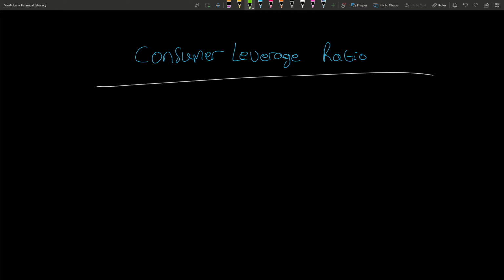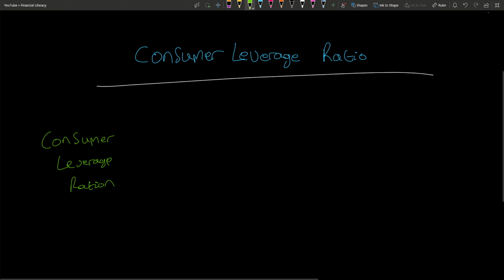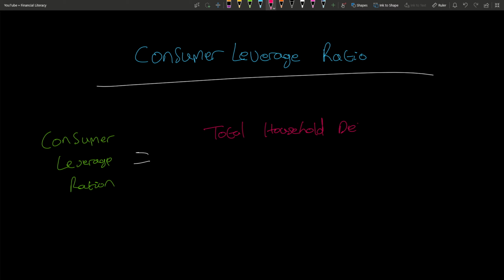So let me write out the formula, and then I'm going to explain it again in a slightly different way. So it is the consumer leverage ratio is equal to the total household debt divided by the disposable personal